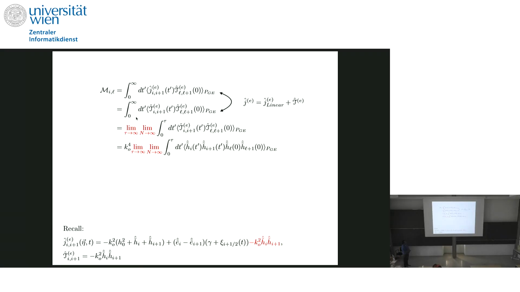Now, if you write down and observe the structure of this current in terms of the deviation, it has a linear part and this part. This is exactly the same as this part, the nonlinear part. But the linear part will not contribute, because the global equilibrium is actually Gaussian in the deviations. So that means you have only the nonlinear part correlation.